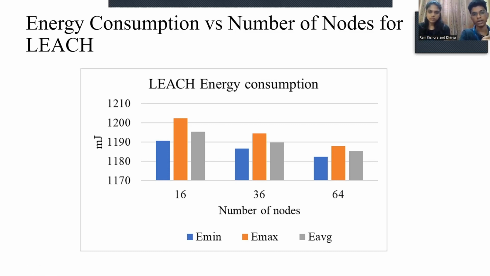In this graph, which we are about to see, is energy consumption versus number of nodes for LEACH. LEACH is a static clustering protocol, where according to the graph we can see the trend at which the average energy, minimum energy, and the maximum energy consumed by a sensor node reduces as the number of nodes increases. It can be inferred that with the increase in the number of sensor nodes, the number of nodes under a cluster head increases, and since the cluster heads are assigned by keeping them as the centroid of the cluster,